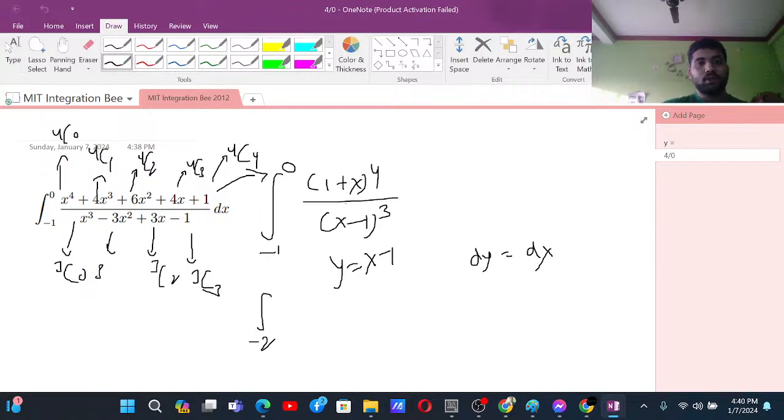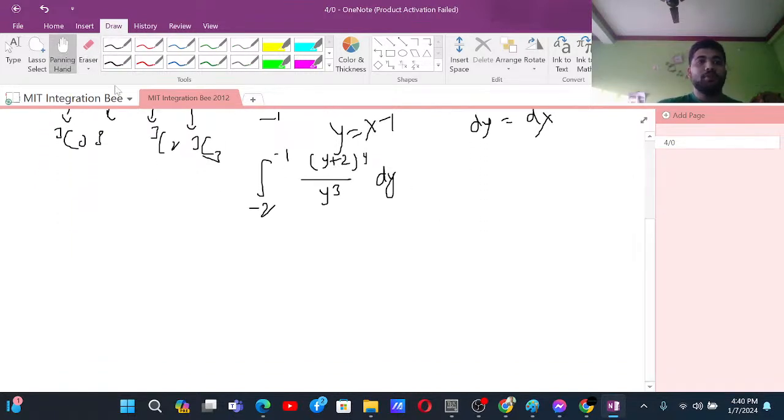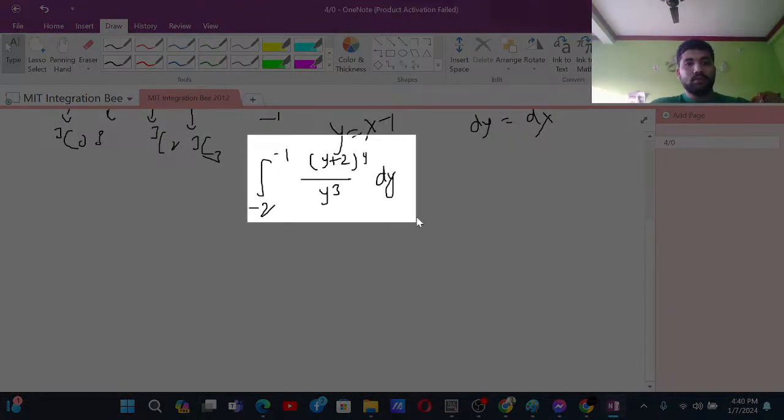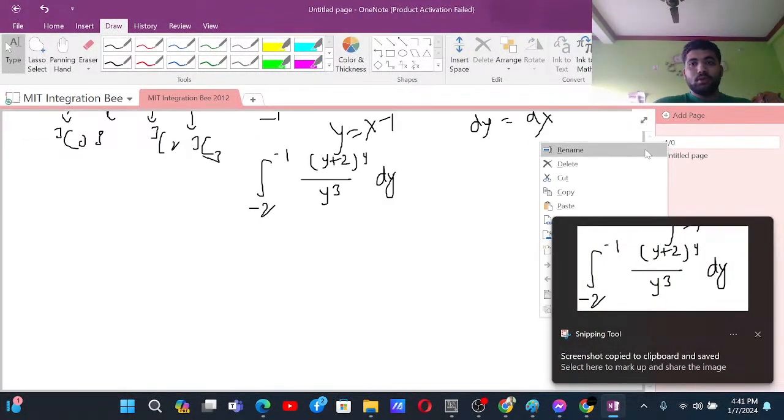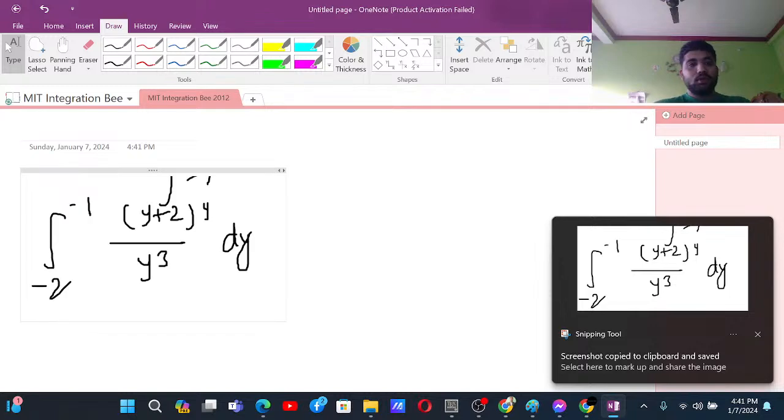Now this is (y + 2)^4 by y cubed. After this you can just expand the numerator. Let me do it in another slide. Okay. Now you can just expand the numerator,